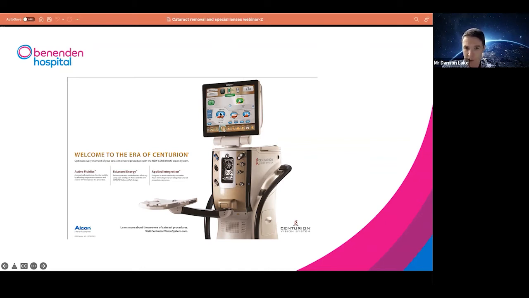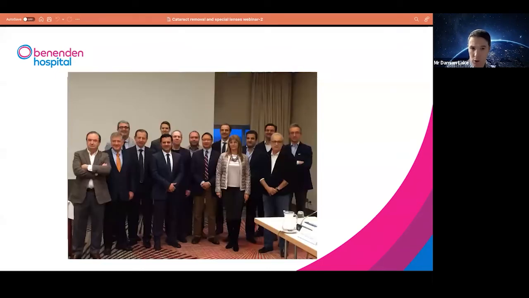And these are set by the surgeon, so we can set the pressure inside the eye and the power of the vacuum, and also the power of the ultrasound that breaks up the cataract. This machine was developed by Alcon, and there's a big international body of consultants who advise Alcon on the machine and how to improve it. And you can see that this is me at the back here as part of that panel to provide the best machine possible for you, potentially, if you come to Benetton Hospital.